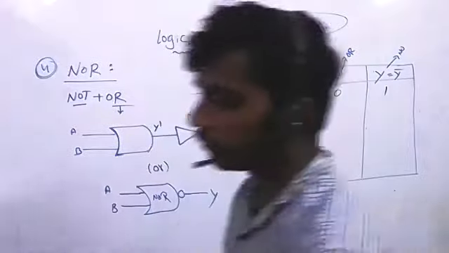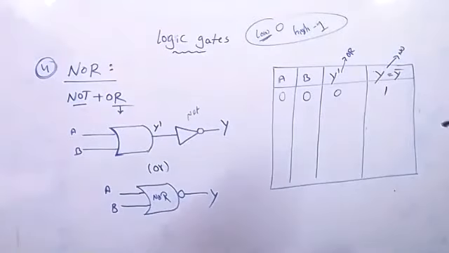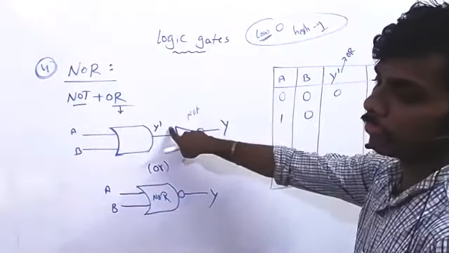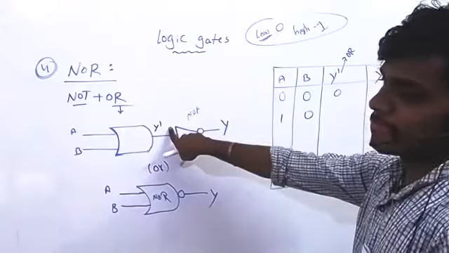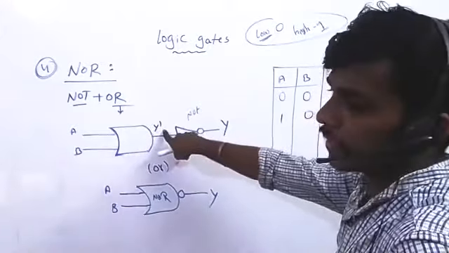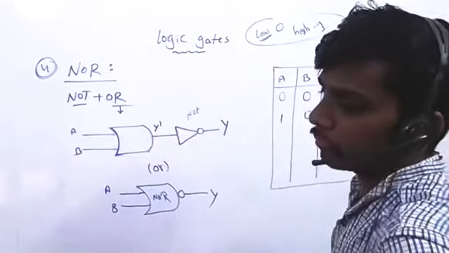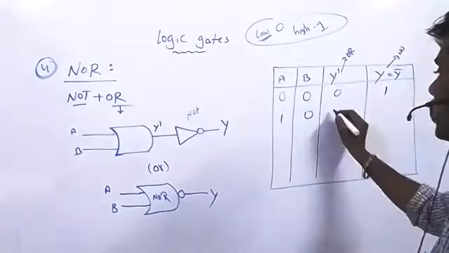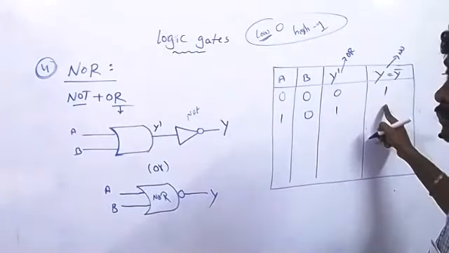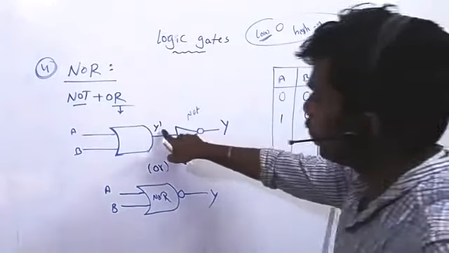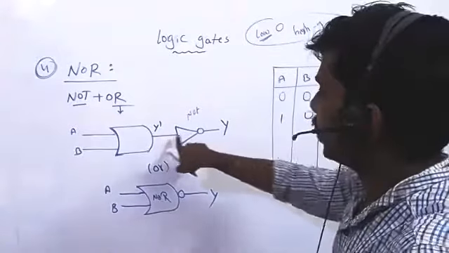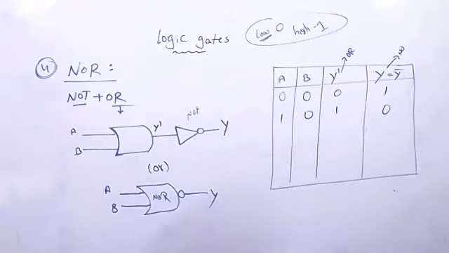Prisha, clear, ma? Yes, sir. Now one input is high, one is low. I give them to the OR gate. Will the output be high or low? The OR gate result is 1, and 1 means high, right? Yes, sir. But here it is 0, because you are passing that to NOT. When you give high to NOT, it will come out low. So 0. Am I clear?